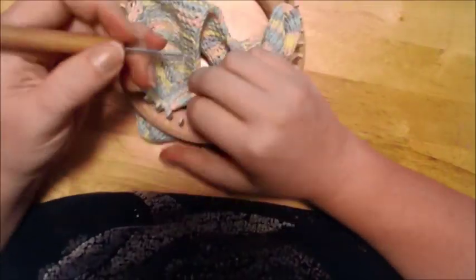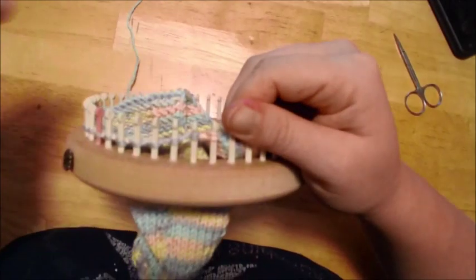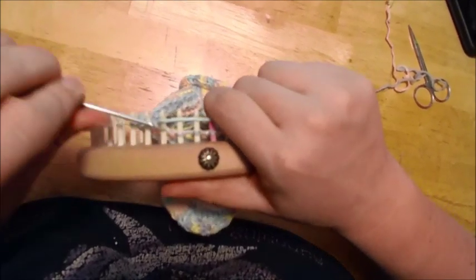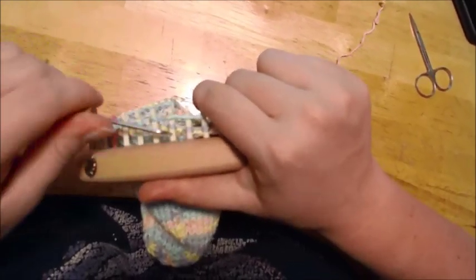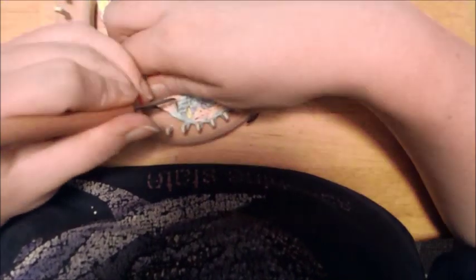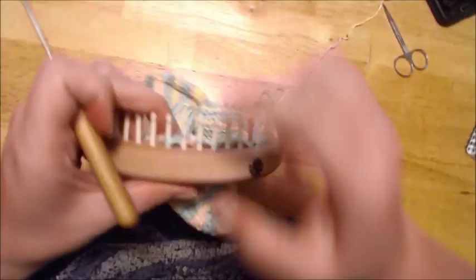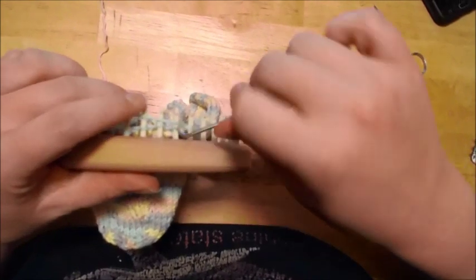Okay, we've done 11 rows, and now we're ready to work up to row 12 and 13, which is our increase. So we're going to move that over to the next available empty peg as our increase, and then we are going to knit our way over. And remember to purl that increase. And that is row 12, and for row 13 we add our next chain as an increase to the end there. So we add that, and this is going to be row 13, and you should now have 14